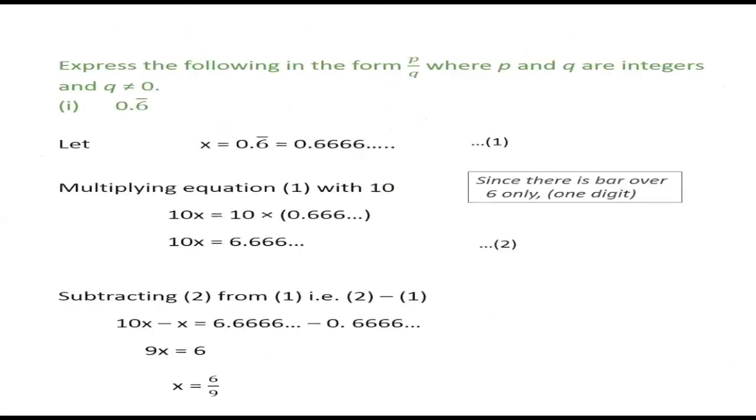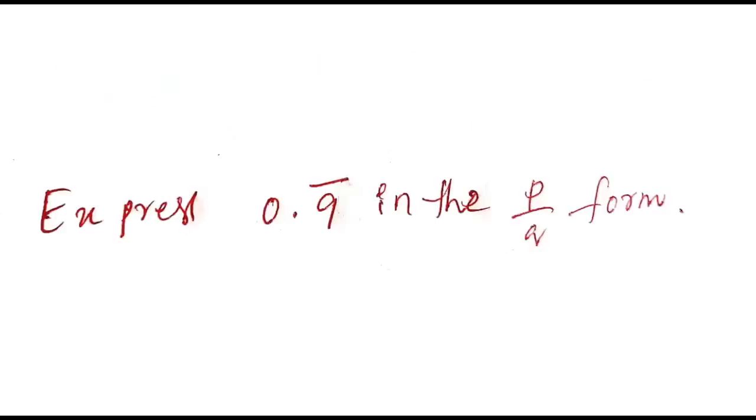Now, this is also we can do. I did one different style. You can do horizontal subtraction also, no problem. Horizontal means 10x minus x, 6.66 minus, like that also you can do. Answer is same. If cancellation is possible, do cancellation. Any method is correct. Now start doing everybody this sum.